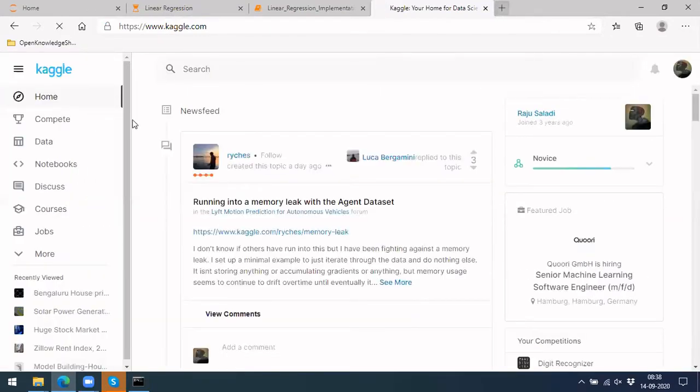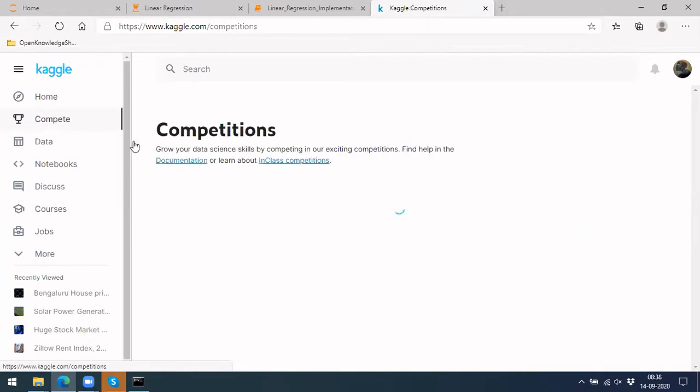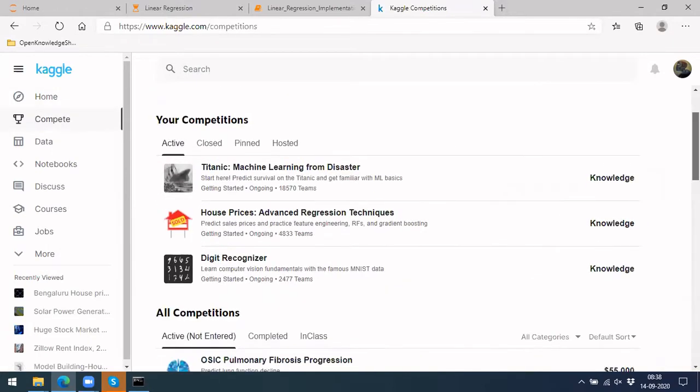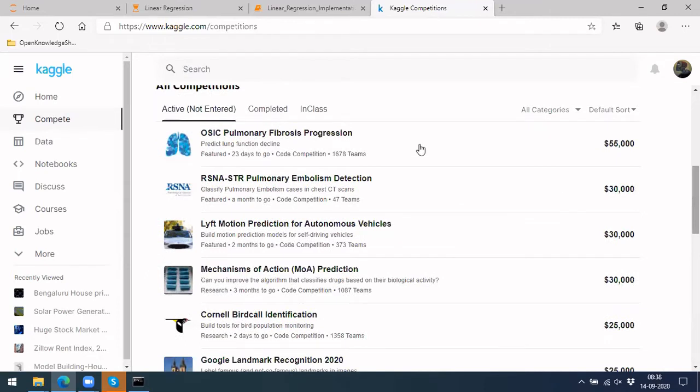So this Kaggle is actually a very nice website where they host competitions. You can go to compete and see a few competitions which are data science oriented, where they provide you data, and you can solve it and submit your analysis or predictions on top of it. If your predictions are very accurate and get the top score, you can get prize money as well.